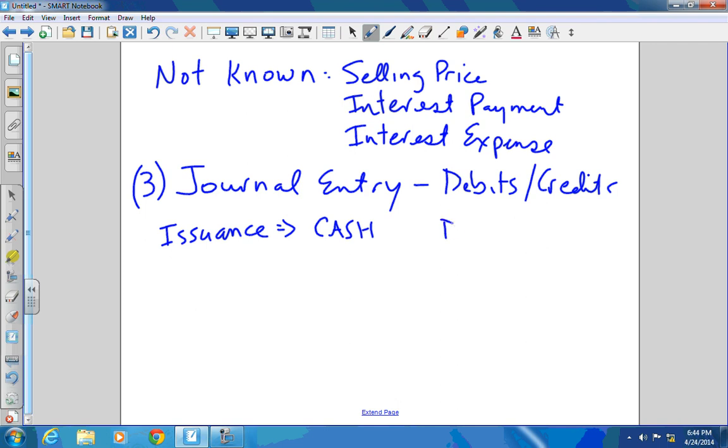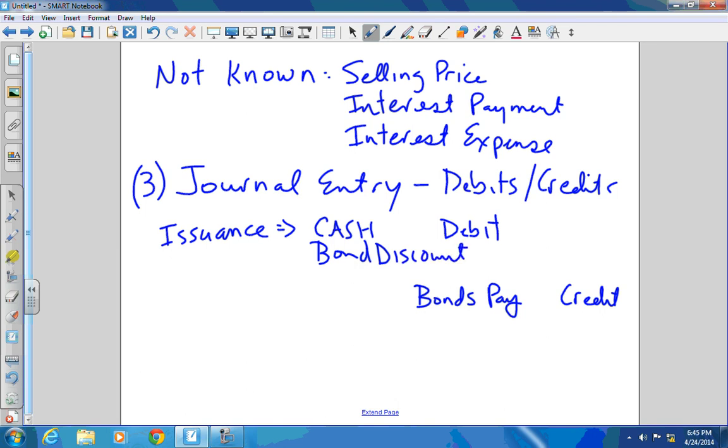That's going to be the debit. And we're going to credit bonds payable. And then remember, we're going to have a bond discount or a bond premium